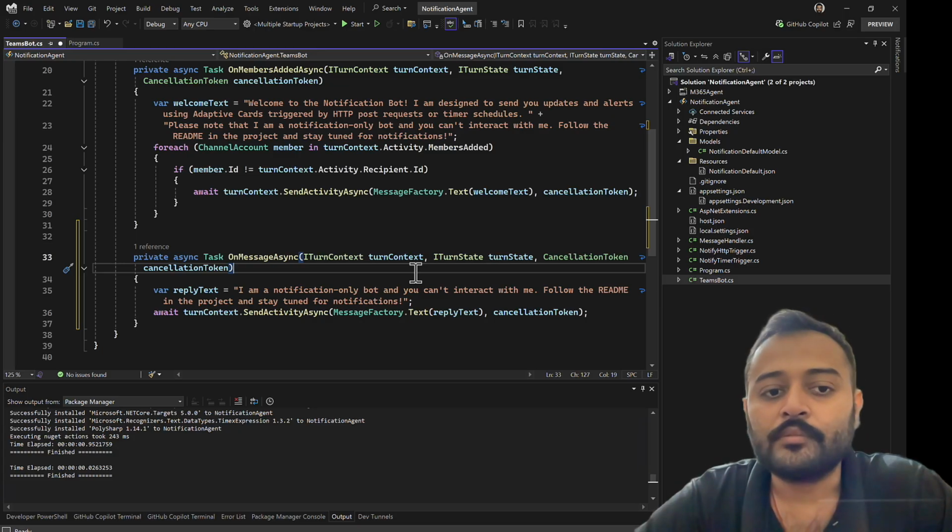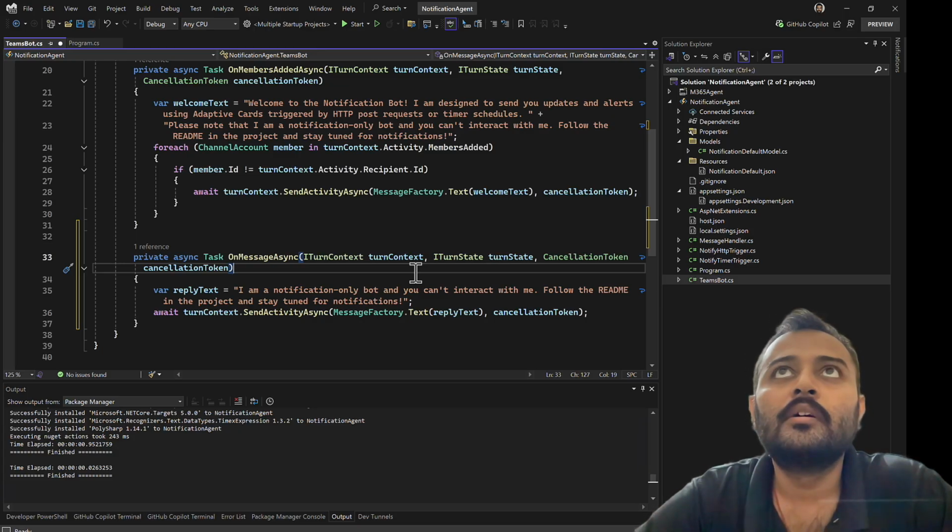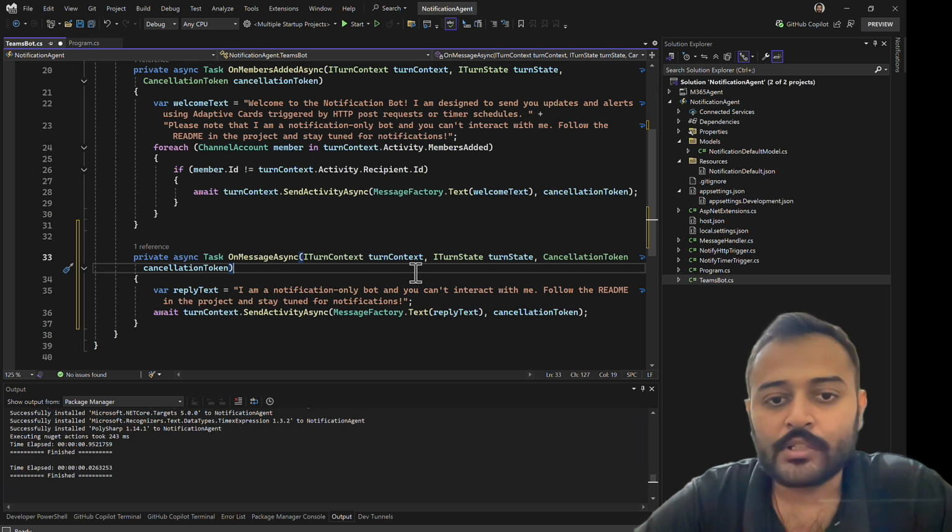Let's suppose you want to summarize your day, either using Outlook events or emails that you want to summarize. You can run this on a timer trigger, like daily 8 a.m. in the morning. You'll receive a message in your Microsoft Teams summarizing your whole day's events that you would like to keep in mind,